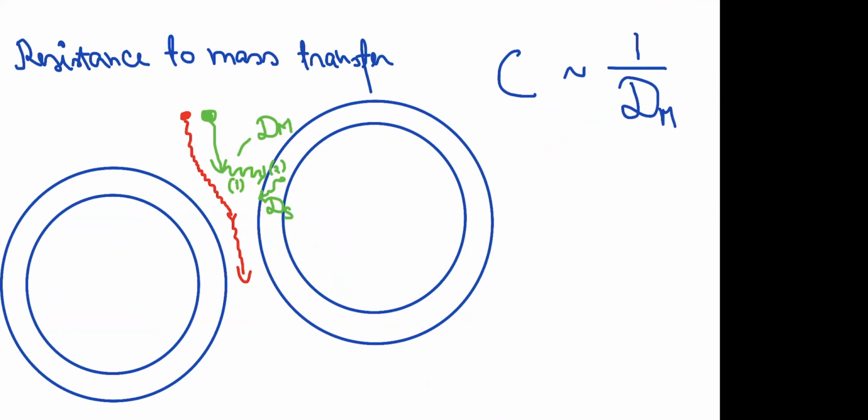So we would like the diffusion coefficients to be large for very efficient transfer of the compounds from the mobile phase to the stationary phase to occur. And we would also like the diffusion of the molecules back from the stationary phase to the mobile phase to be as efficient as possible. So from the mobile phase point of view, we see here that